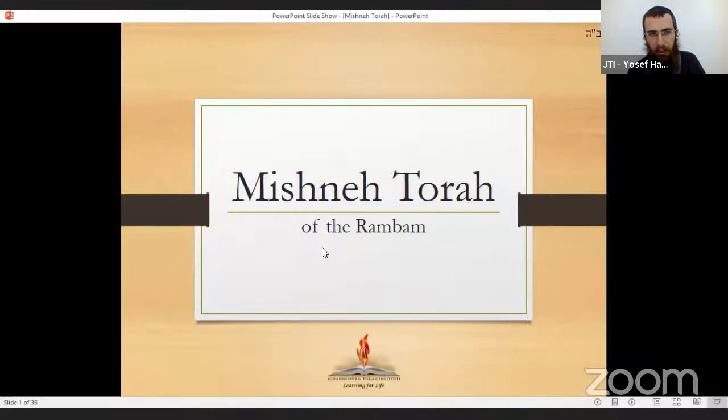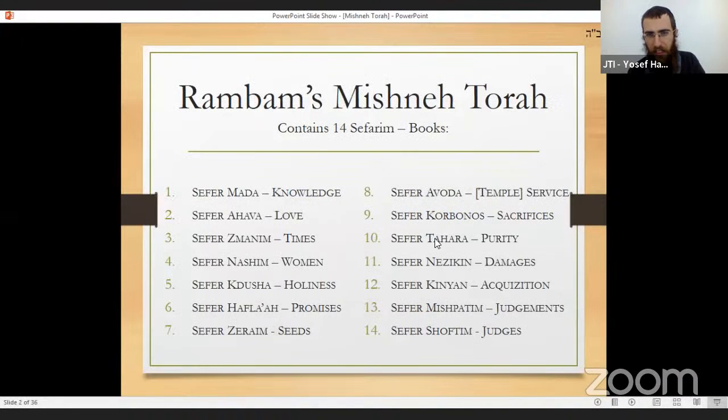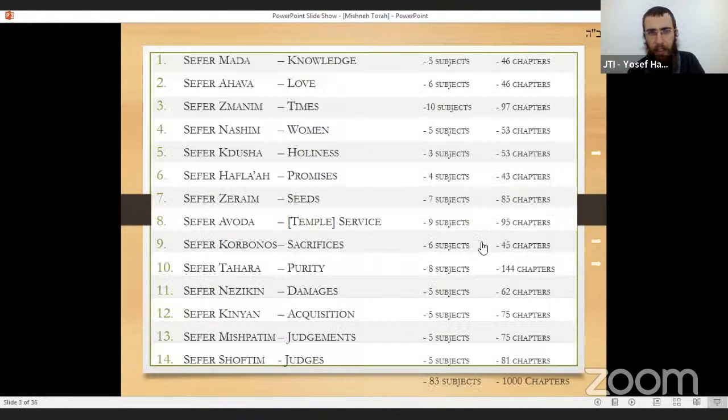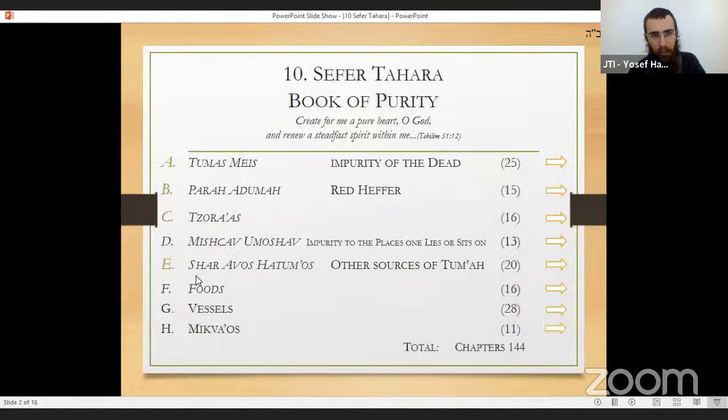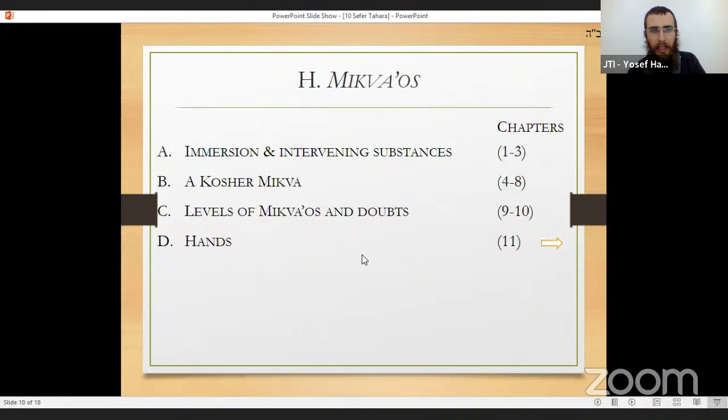We are learning the Mishnah Torah. As mentioned, we are in volume number 10, Sefer Torah, the Book of Purity, which has a total of 144 chapters, 8 subjects. And we're on to the last subject, the 8th subject, the laws of mikvahs, which can be subdivided into 4